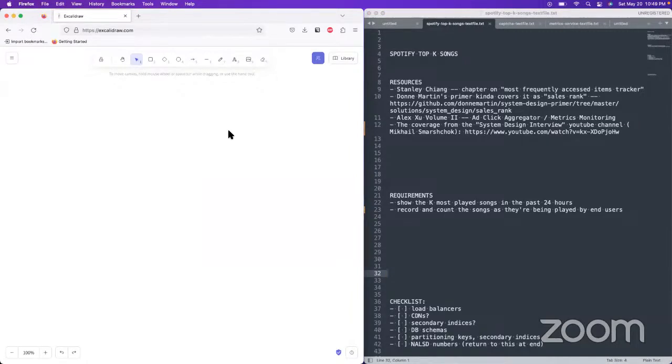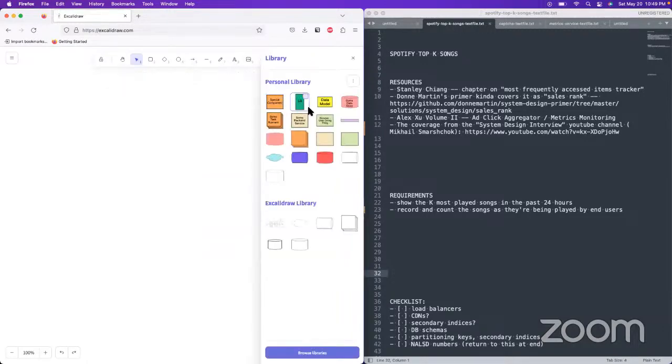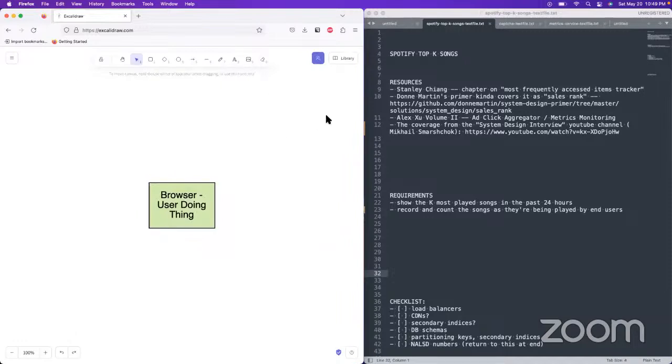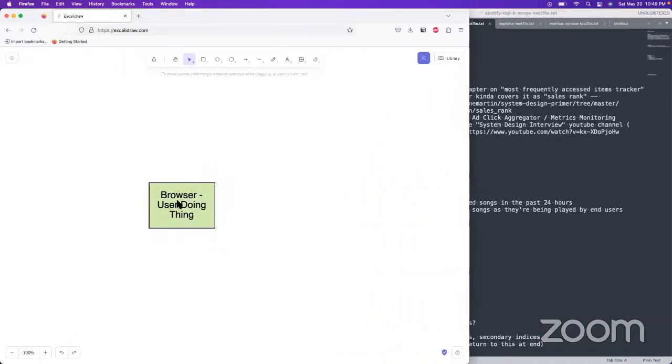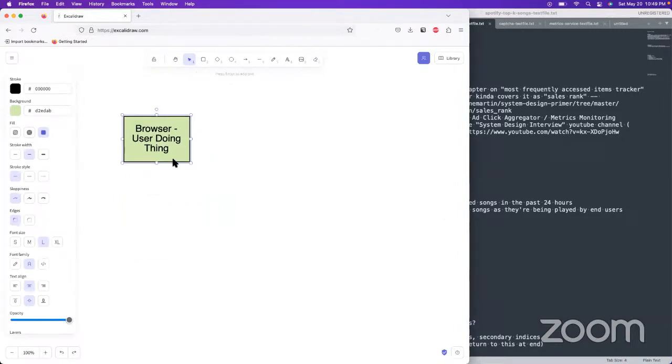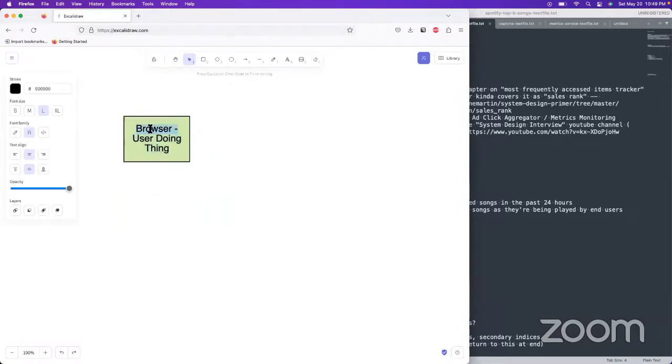So I can start off with the naive solution, which is the mapreduce approach. That's a little bit more popular, or for people that are completely new to system design, it's really common to see a mapreduce approach. So you would have